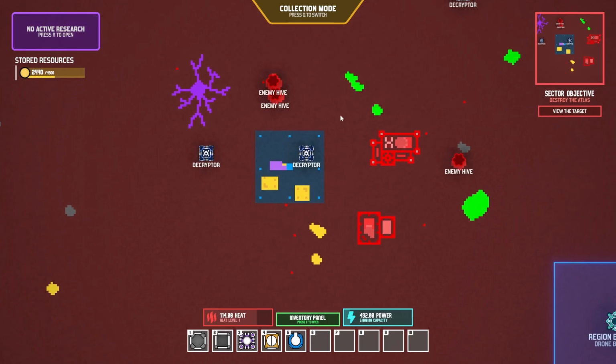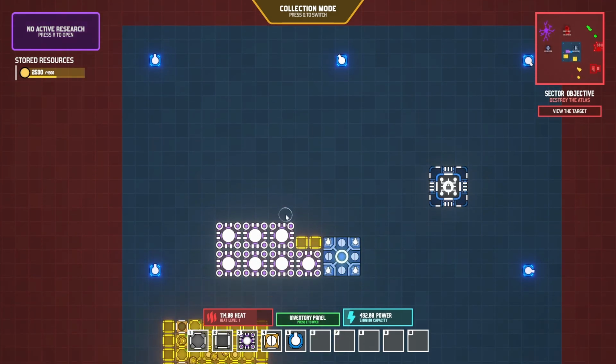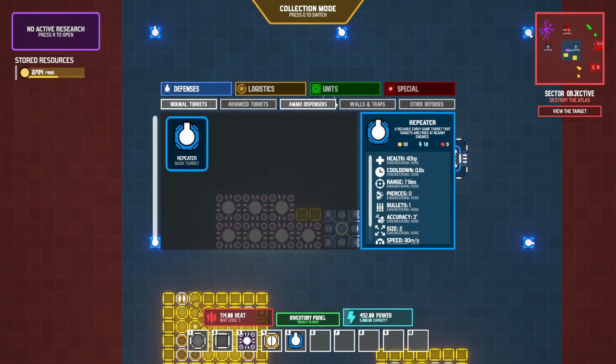Alright, let's take a look. We've got some green up here. We've got a couple of enemy hives. What is a hive? I have no idea. Let's see, cargo port. But, yeah, we're going to need other stuff first. This has changed actually a fair bit since even the,